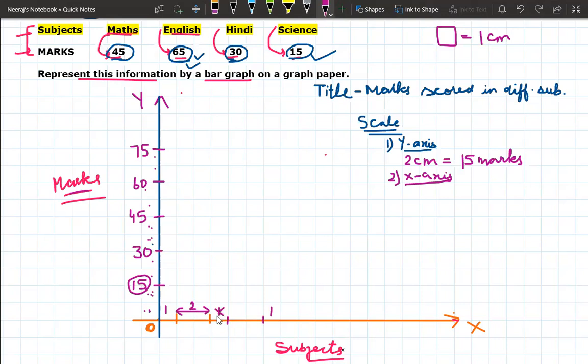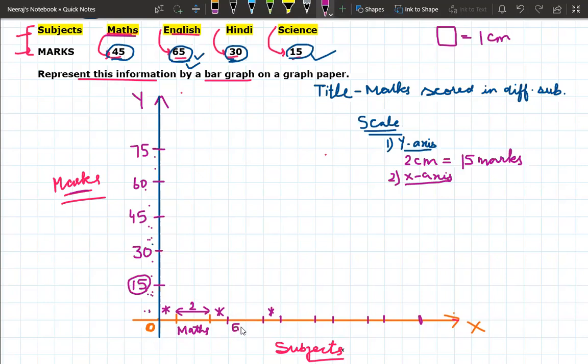You can put crosses over here if you are leaving boxes, but you're not supposed to draw these crosses in your bar graph. This is for your understanding. I'm putting a cross, otherwise there is no need. You can leave a blank like this, right? So I'm taking two boxes, leaving one box, and taking another two boxes and leaving one box. So these are the marks I have put over here to represent the subjects. Firstly, I want to represent maths marks in a two-box rectangular bar so that I can draw the length for the subject.